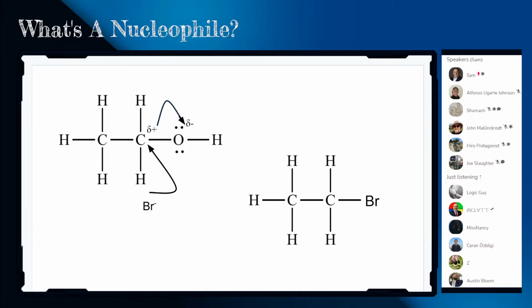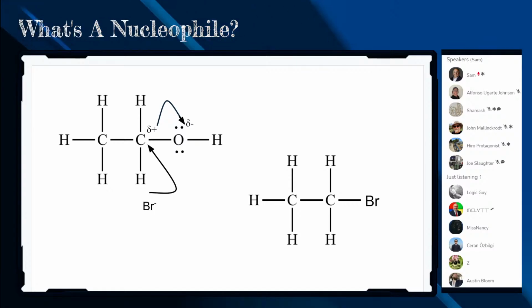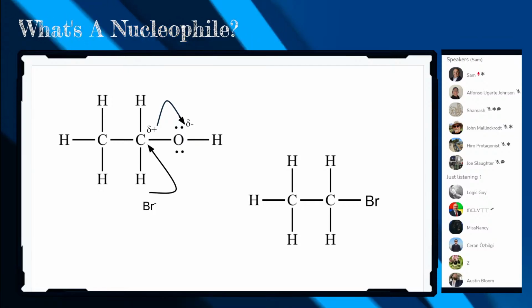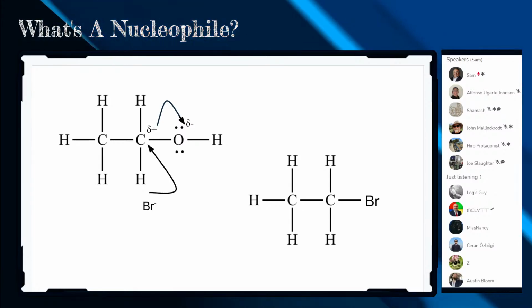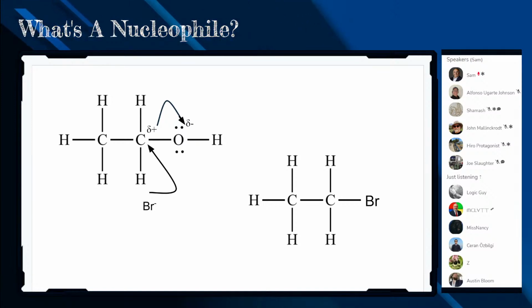So the arrows show the direction of the pair of electrons. A pair of electrons from bromide attacks carbon, and that causes the electrons in the carbon-oxygen bond to leave and move onto oxygen. So you end up with ethyl bromide and